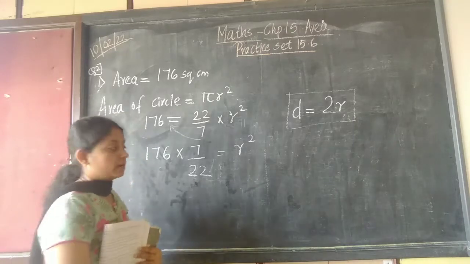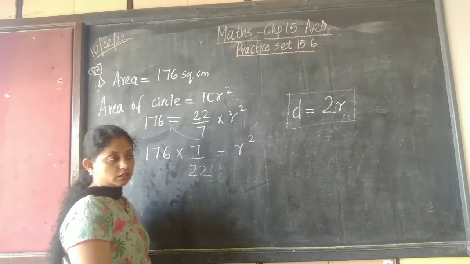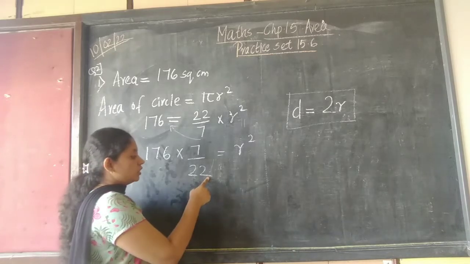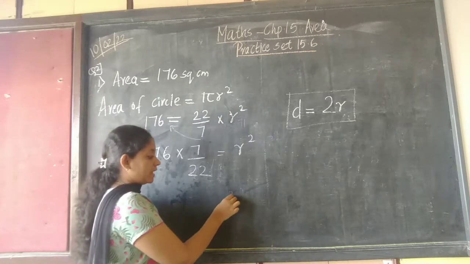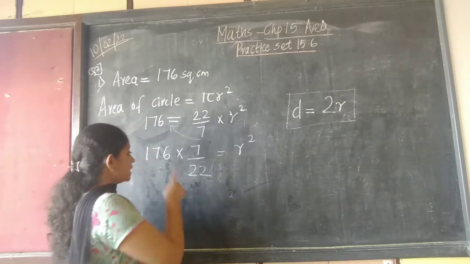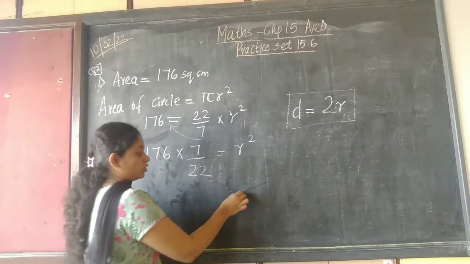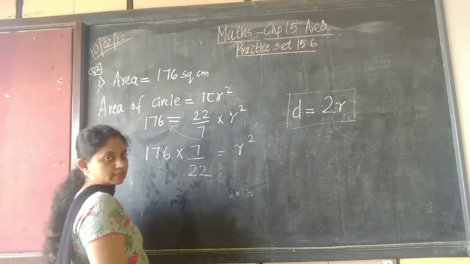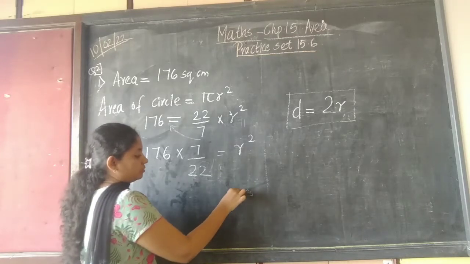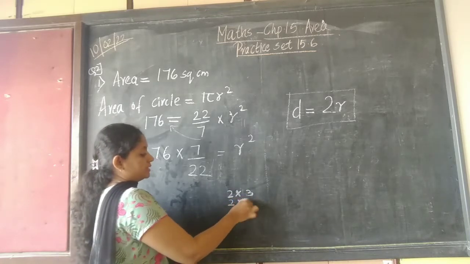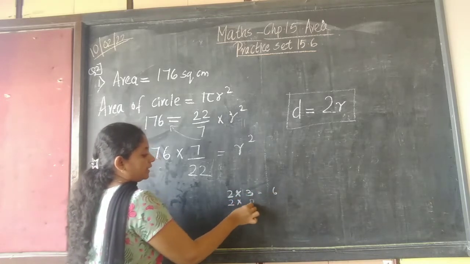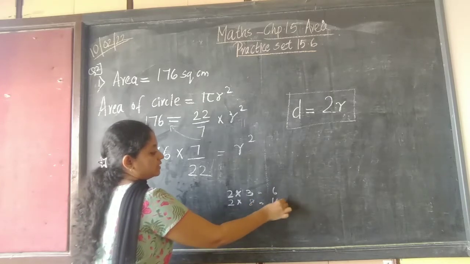How can you check that? Now, 22 is here, correct? You can see the last digit is 2. When you multiply, 2 times how much gives the last digit as 6? 2 threes are 6, correct? If you multiply with 3 we get 6. And one more number, 2 times how much? 2 eights are 16. So last digit 6 is there.